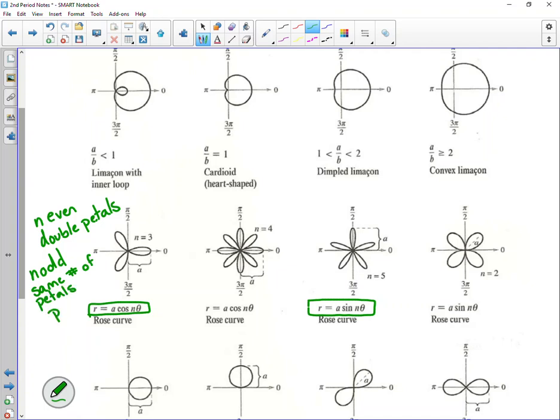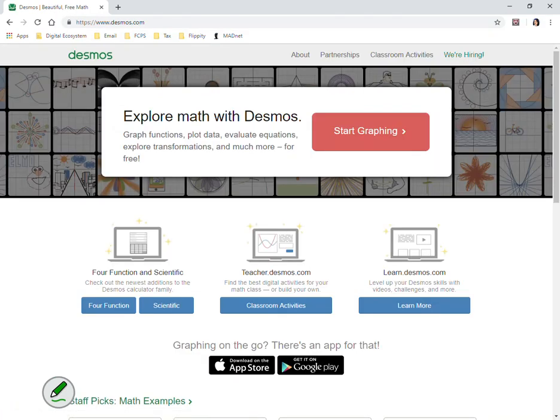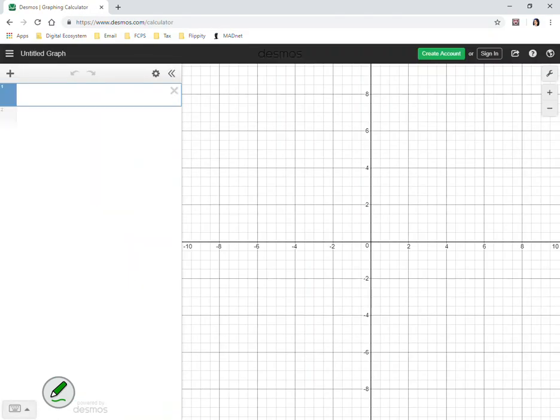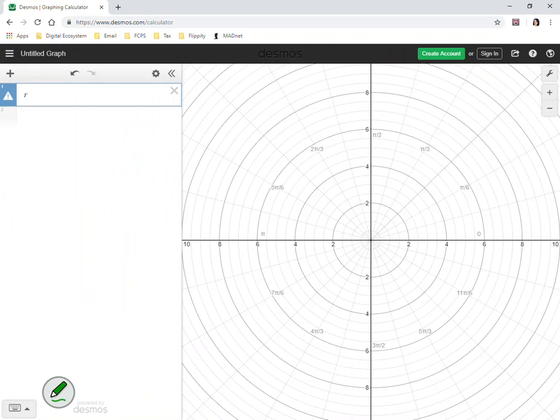But your period, this is important, is only pi, because you end up repeating if you do too many polars. R equals 3 sine